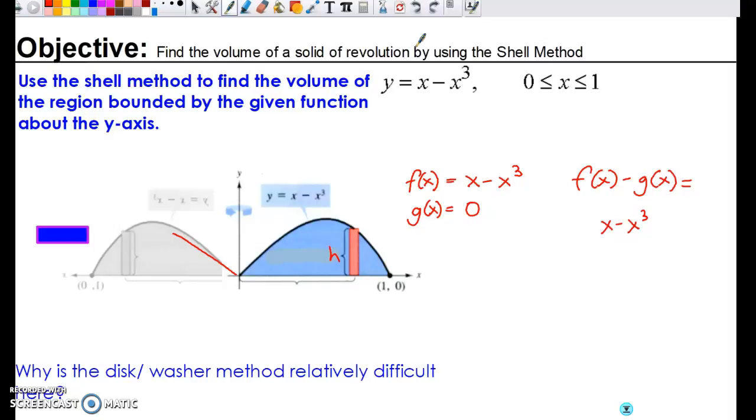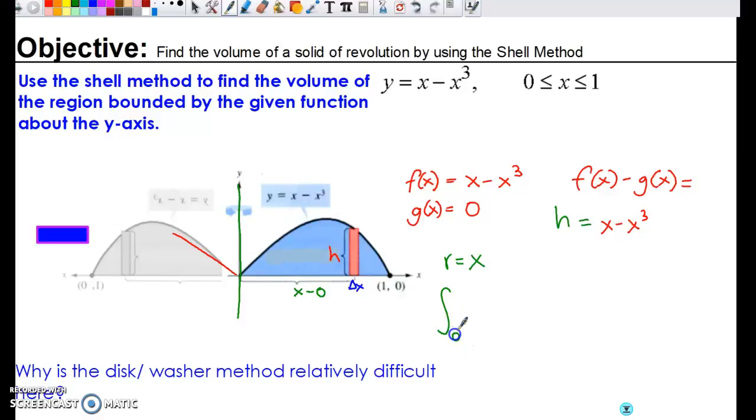That's the height. Now the width of this hollow cylinder is going to be delta x. It's going to be with respect to x there. I want that to go all the way as close to 0 as I can. And finally, the radius. How far away am I from the axis of rotation? Well, since the axis of rotation is the y-axis, I would just basically have to take x and subtract the distance from the rectangle to the axis of symmetry. So in this case, it's just going to be x minus 0, because the axis of rotation is x equals 0. So my r would be x, my h would be this,